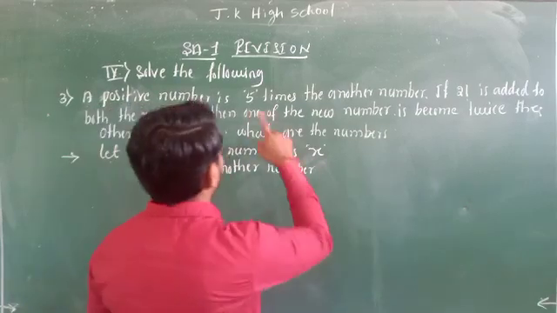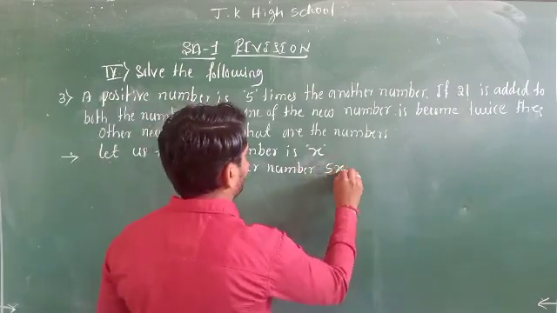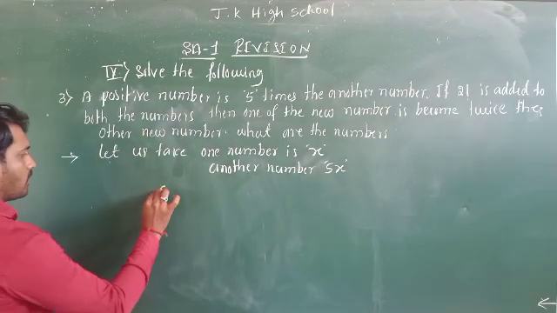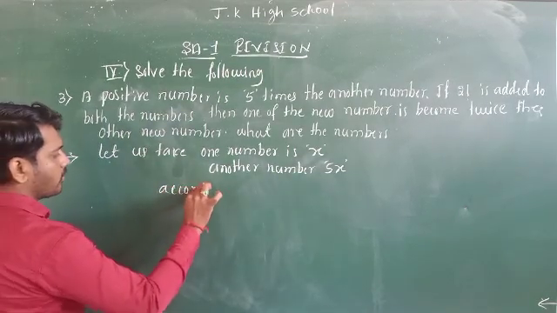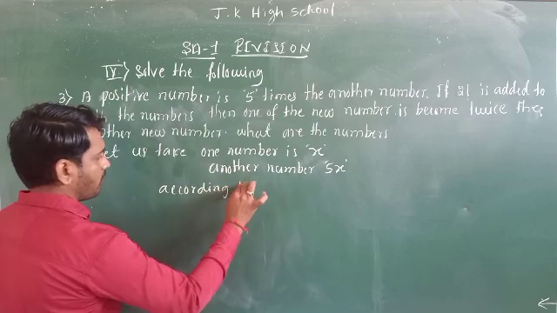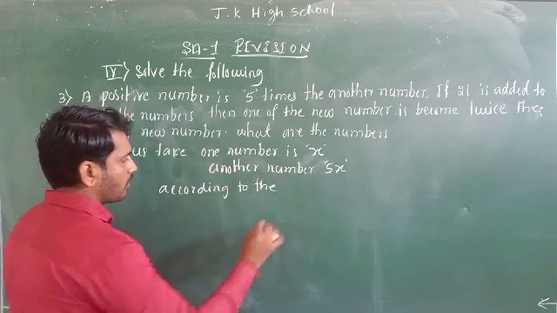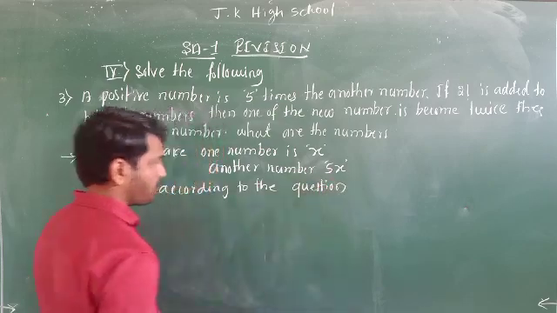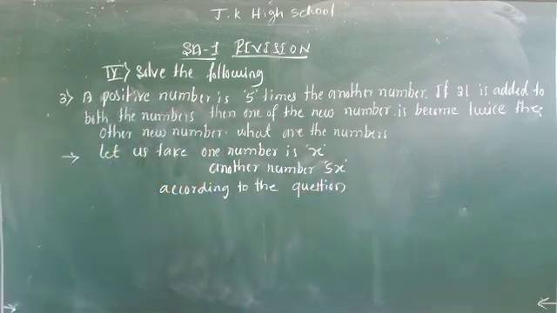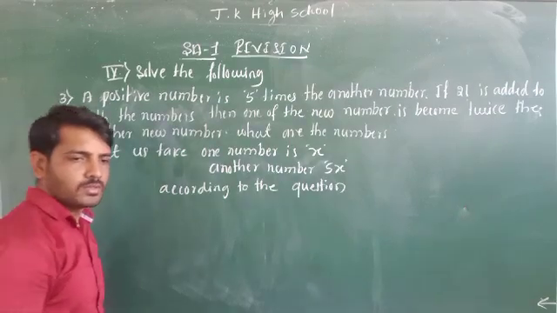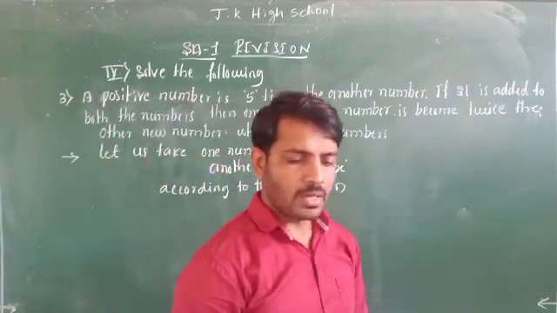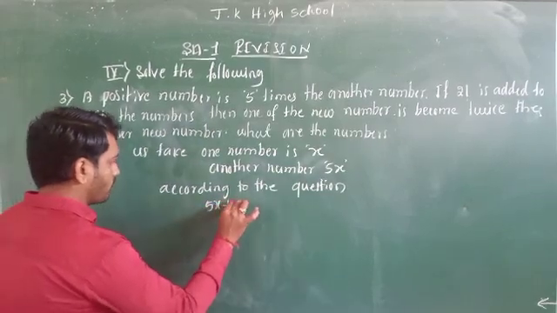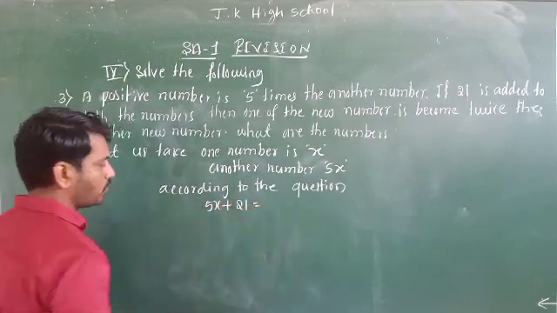Another number is 5 times x. 5 times x means 5 times another number. According to the question, 21 is added to both the sides. So 21 is added to both the sides. 5x plus 21 is equal to